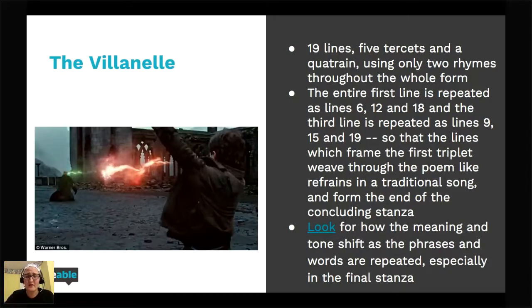And it just has a very specific, not a rhyme scheme, but the lines themselves are repeated. So this is where you're looking at repetition making sense. So the key with the Villanelle is that you notice that the repeated line changes meaning as the poem goes on, or it evolves into something else maybe.